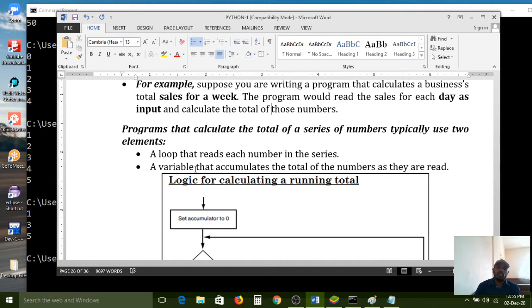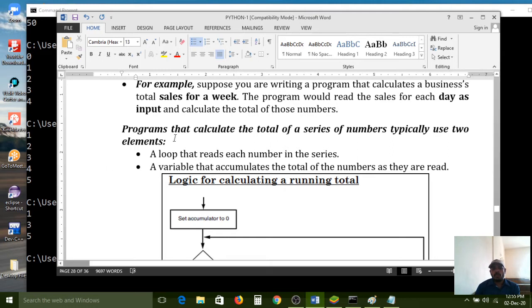So daily 10%, next day 20%, next day 30%, like that 50% of the stock is over. By looking at this program, by executing it, the stock calculation will be shown on the screen. By reading that calculation, they need to purchase extra stock for the next sales. So like that we have to write our program.